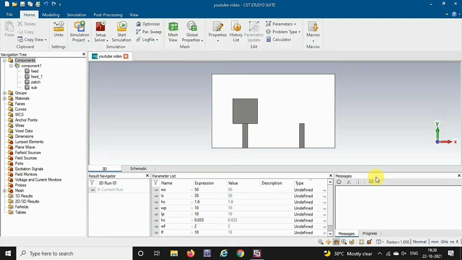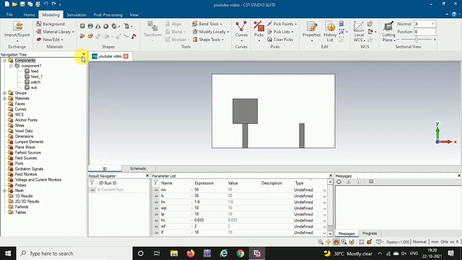In this video I am going to explain some cases where we can use this extrude operation, and in the modeling tab we can have this extrude operation. And when I place the cursor at the extrude face, it is showing it will be used for the creation of extrusion from a selected face or creating a closed polygon. So for creating a closed polygon or for extending a particular face, we can use this extrude face operation. And now I'm going to show you how to extend a particular face.